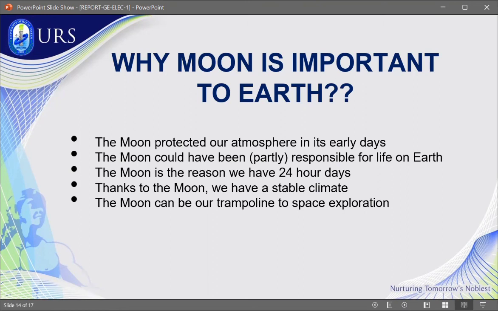So dahil sa napanatili nga ng gravity ng moon, yung Earth sa stable point, nakakaranas tayo ng stable climate. And about naman dun sa 4 seasons na nararanasan sa ibang panig ng mundo, this is due to the changes in Earth's rotation to its axis. So this is all because of the moon.